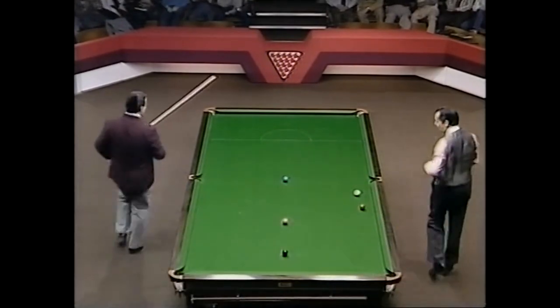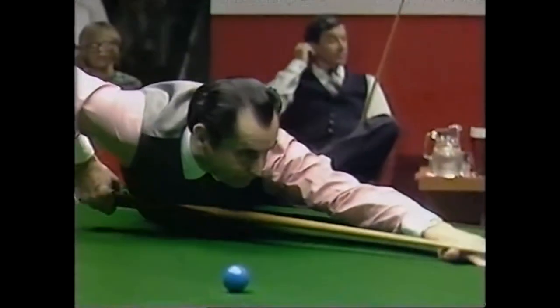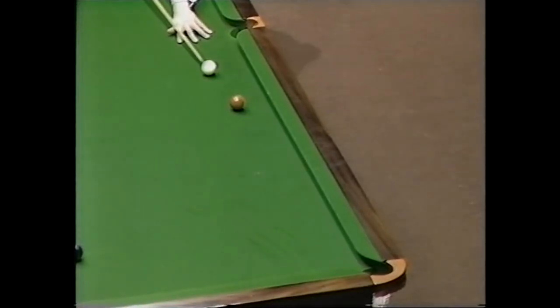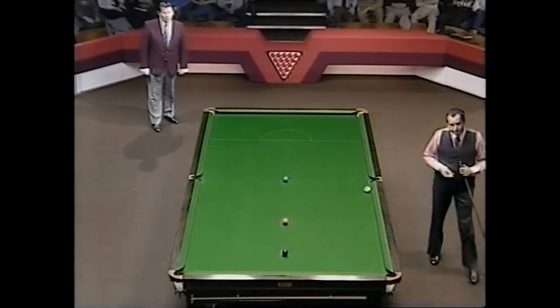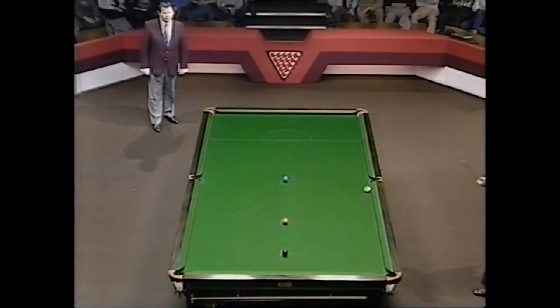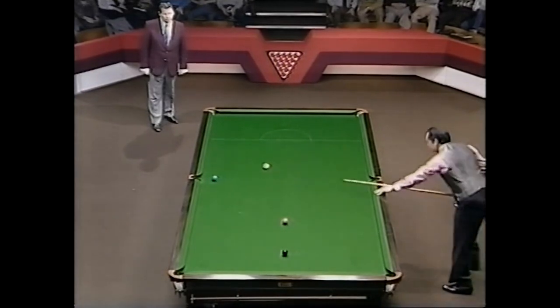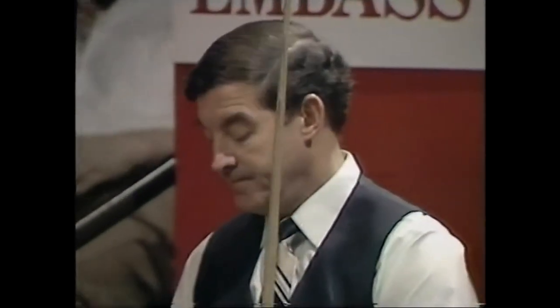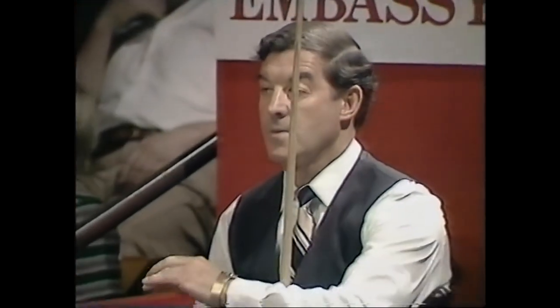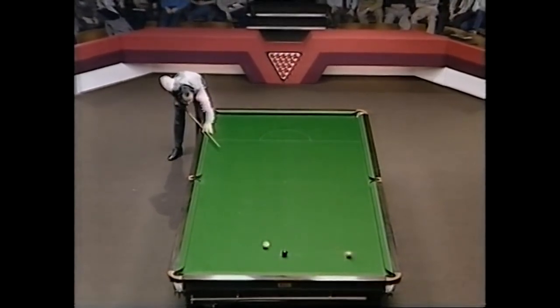Well, that's an absolute marvellous shot. And that could be the match-winning shot. He's the wrong side of the blue. That's the one that counts. Eddie Charlton, then, who has fought so long and so hard to win the world title, sees, in fact, the semi-final now slide away from him as...